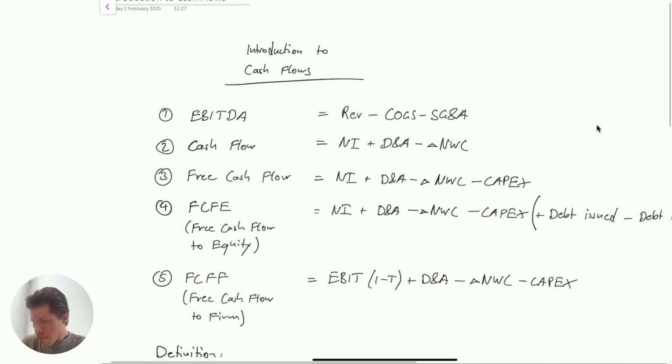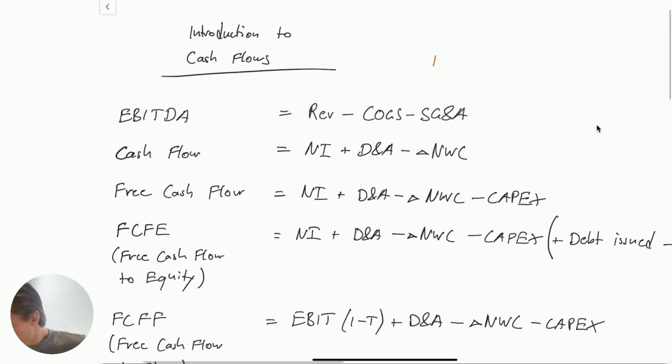So first, EBITDA. EBITDA is purely from an income statement perspective. It is not a real cash flow number. As you know, EBITDA equals revenue minus cost of goods sold minus SG&A. EBITDA has nothing to do with cash really, but sometimes you hear something like KKR or another PE firm bought a company